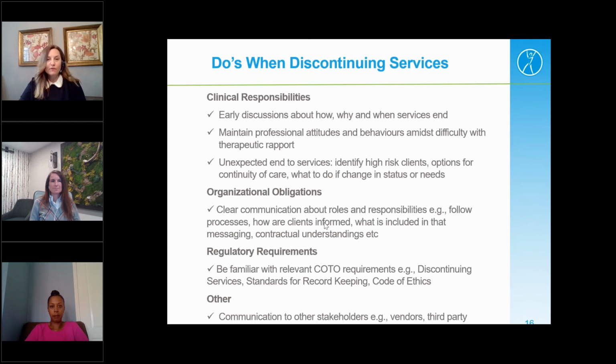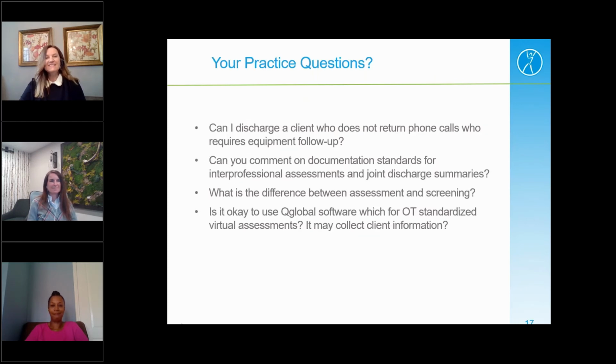Well, that was a lot of information. We are going to go to the next slide now, and we did ask for questions that people can submit in advance, and we've selected some of the common questions to include here before we open up the dialogue for other questions that may be coming in. So the first question here is, can I discharge a client who does not return phone calls, who requires equipment follow-up? And we thank you for that